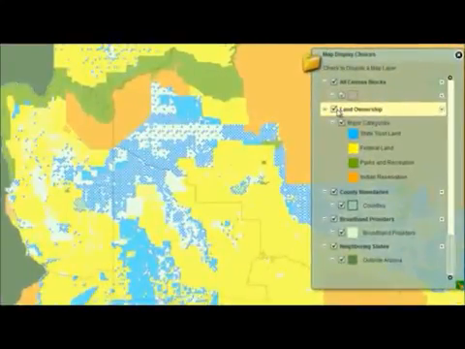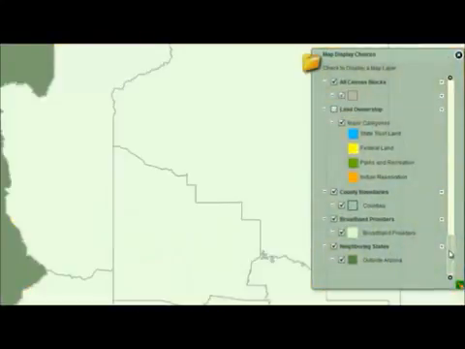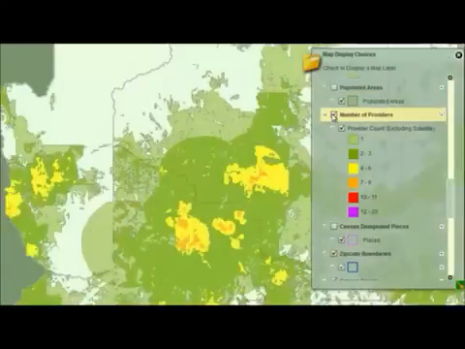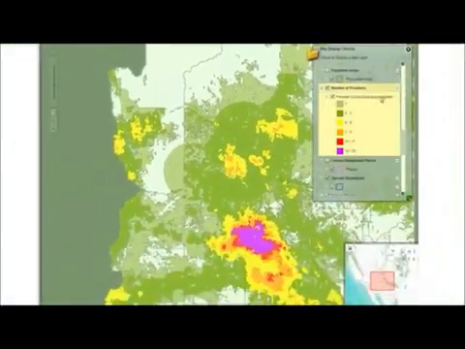Turn off the land ownership layer. Turn on the number of providers layer. This map layer shows the number of broadband providers excluding satellite